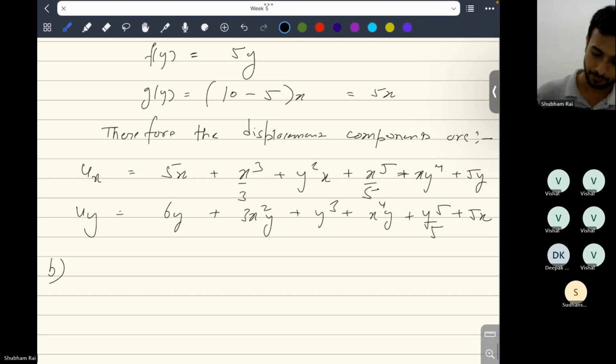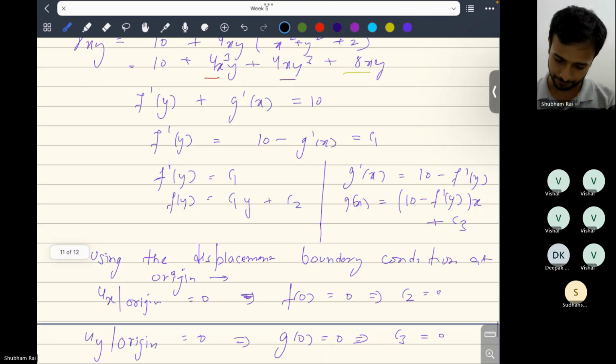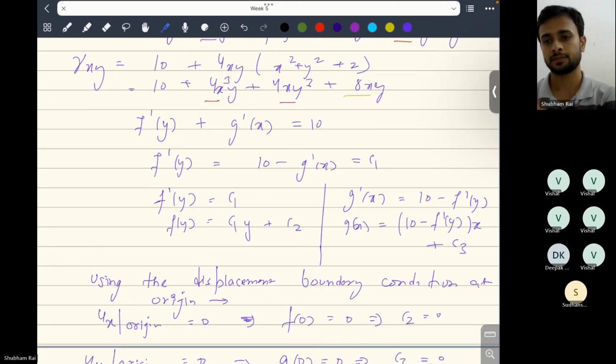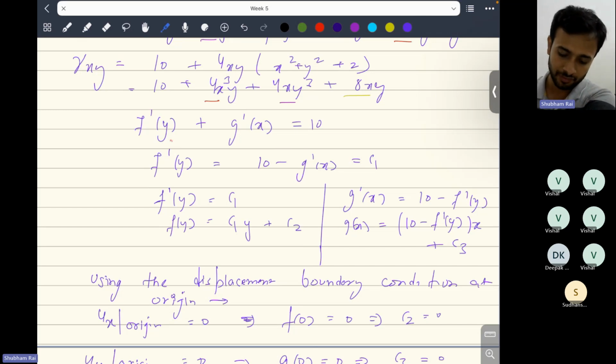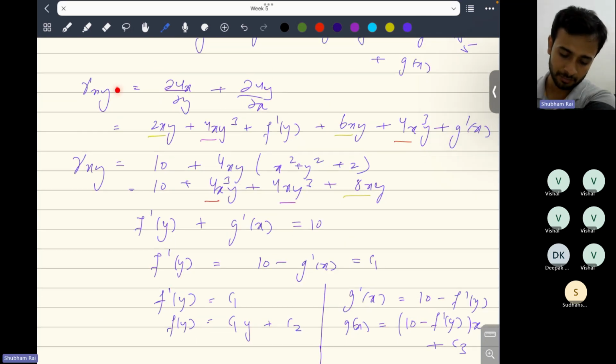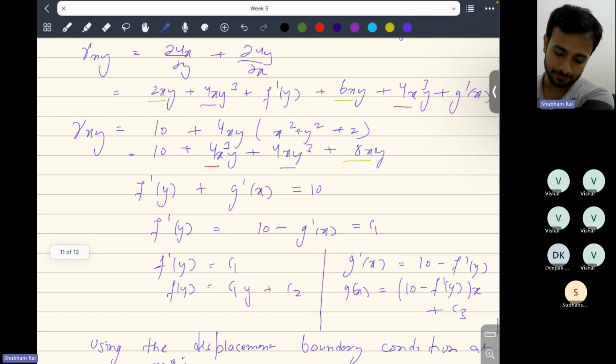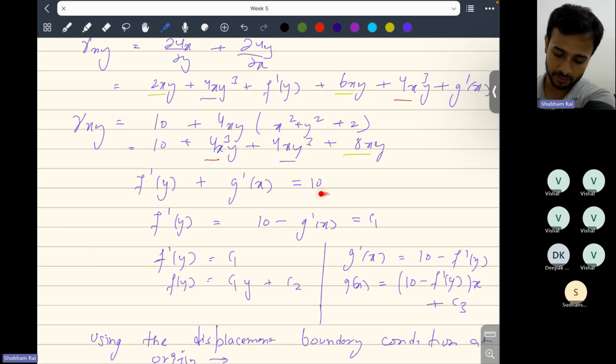But let me just tell you what we have done finally. Here we had the relationship between f prime y and g prime x, which we got by equating gamma xy. But we wanted to find the exact expression for f of y and g of x. So we had three conditions. From here you can express f prime y is equal to 10 minus g prime x. This whole thing can be a function of x,